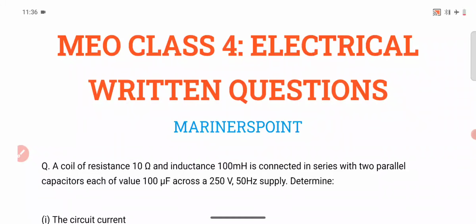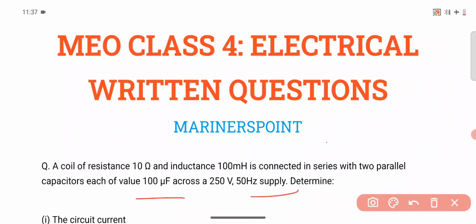To discuss an electrical written question which was asked in MU class 4. You can see the question on the screen. A coil of resistance 10 ohm and inductance 100 microhenry is connected in series with two parallel capacitors. Each value is given, you can see, across a 250 volt and 50 hertz supply. Now we have to determine